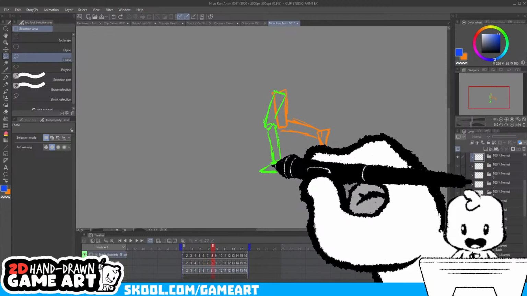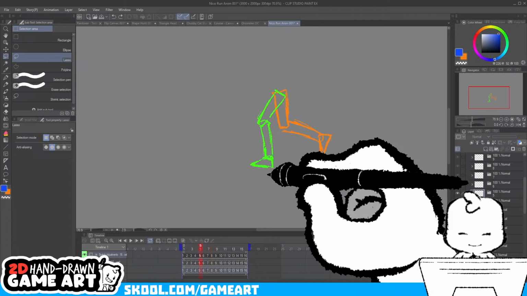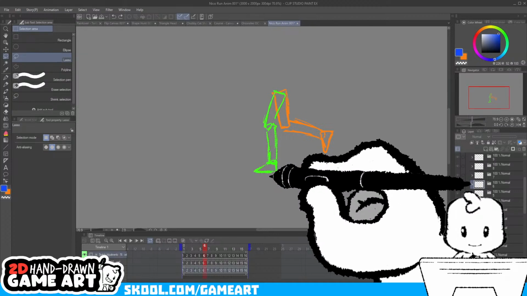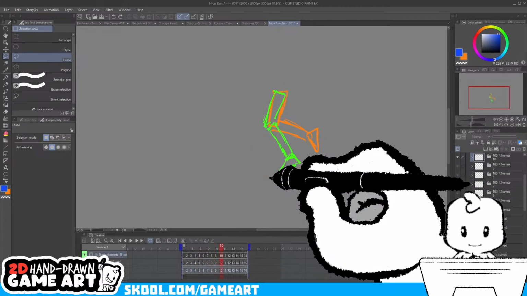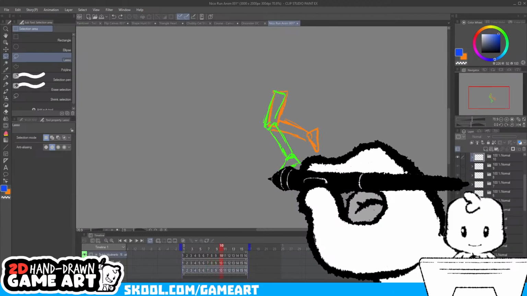So at this stage, I would probably start removing some frames. But I'm gonna do that at the end. I'm gonna pretend that this is okay and just have this linger back here. With this frame here,